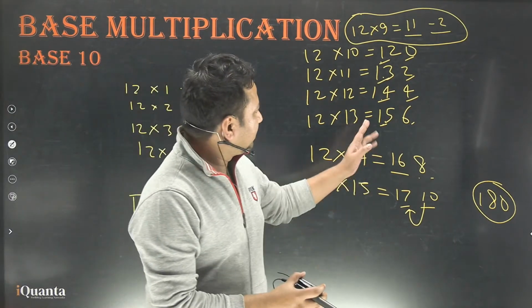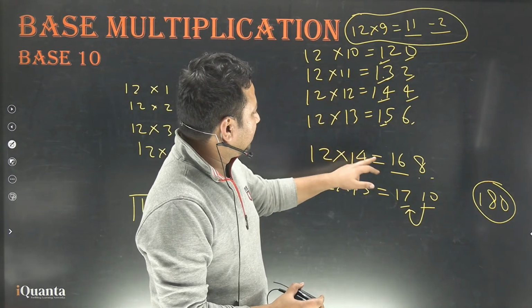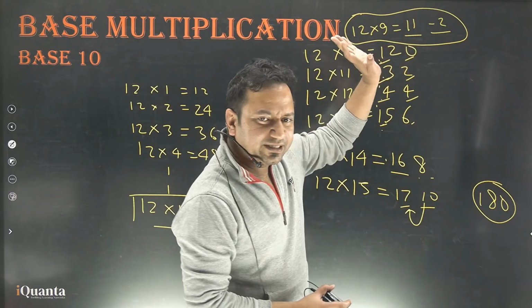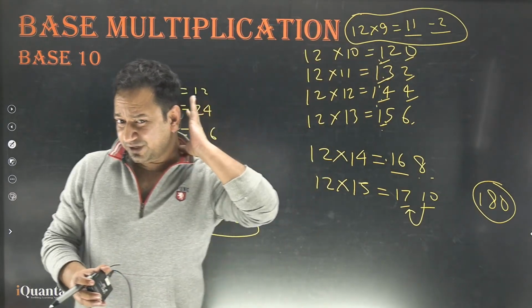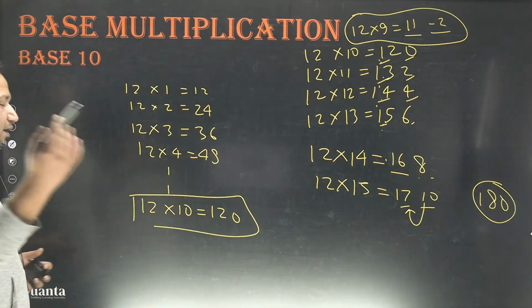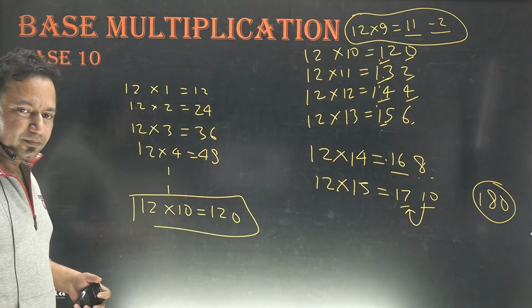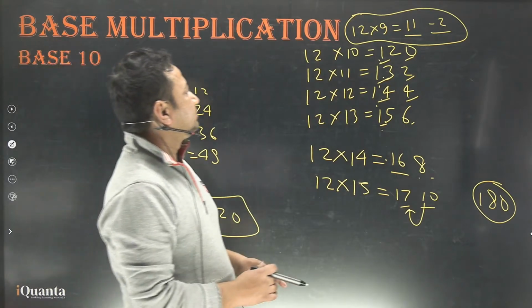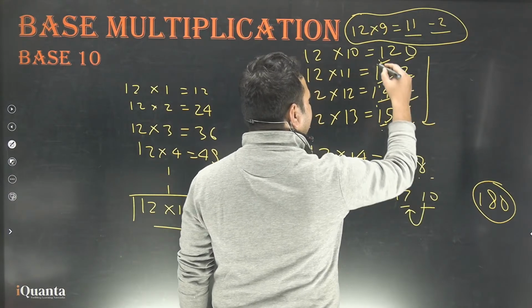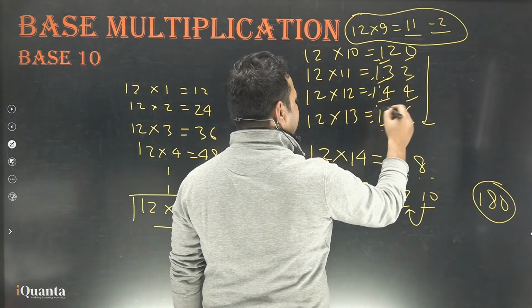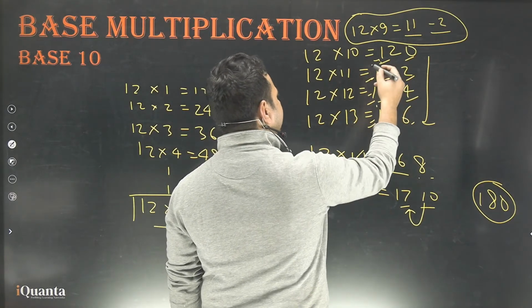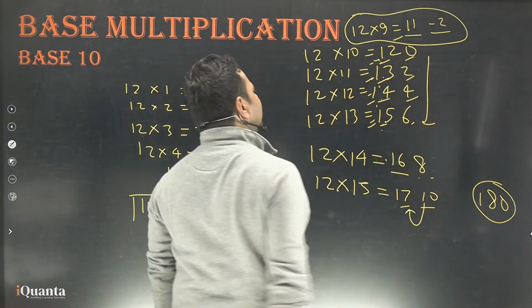As I'm going back, 16, 15, 14, 13, 12, and before that 11. I'm just telling you a story, and this story will be able to create a theorem which was there in Vedic mathematics. Okay? I'll just repeat it again. When I'm moving forward, 12 plus 1 is 13, plus 1 is 14. If I move backward, I subtract: 15 minus 1 is 14, minus 1 is 13, minus 1 is 12, minus 1 is 11. Yes or no?